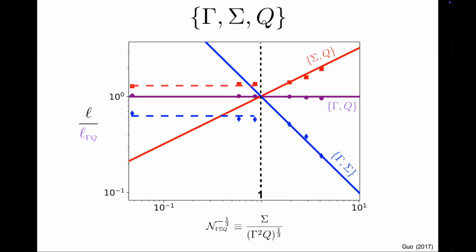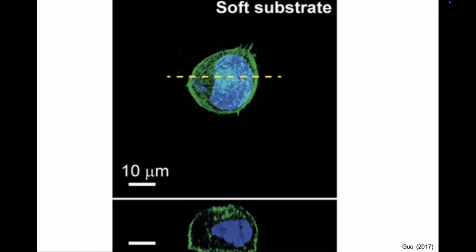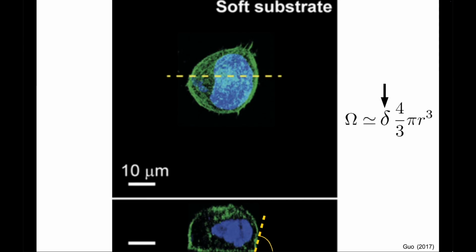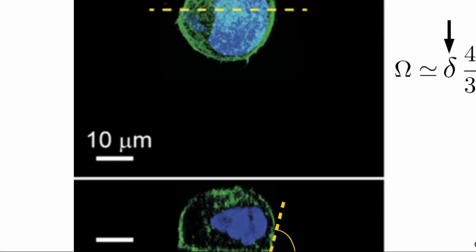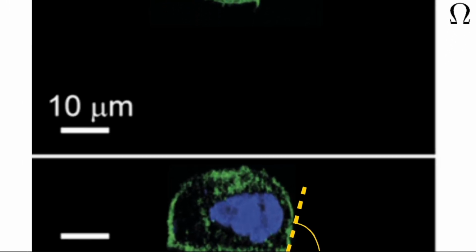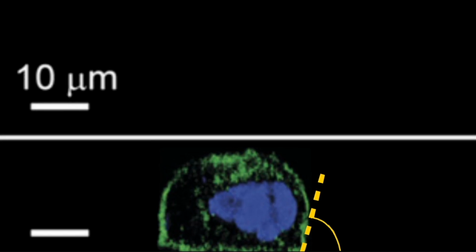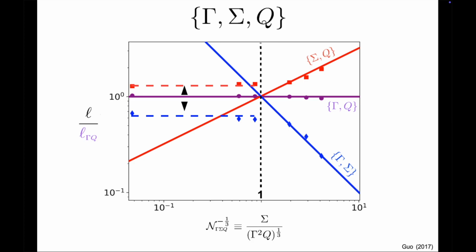Because on soft substrates, the cells are not exactly spherical. Their volume is only approximately given by the formula for a sphere. There is actually a numerical correction, a delta, related to the contact angle of the cell with the substrate. We do not wish to get into the details here, but such a numerical factor is responsible for the slight offset, not unlike the offset we saw in the first example.